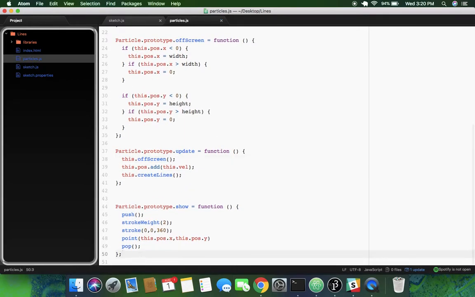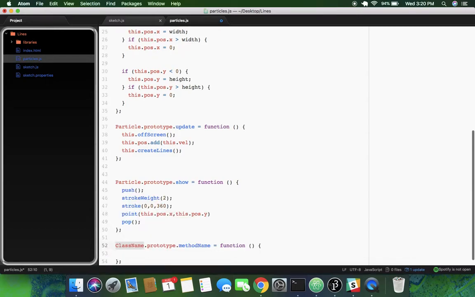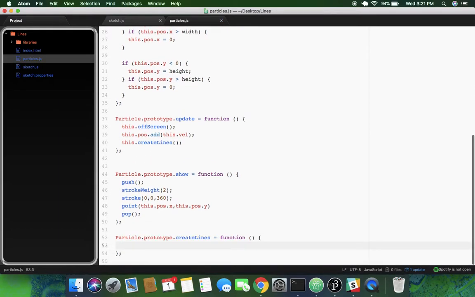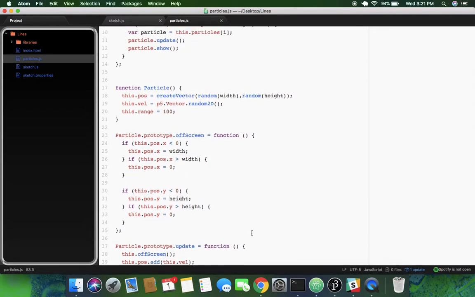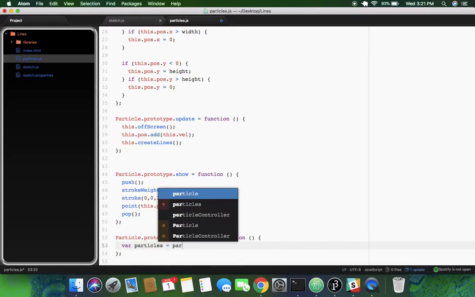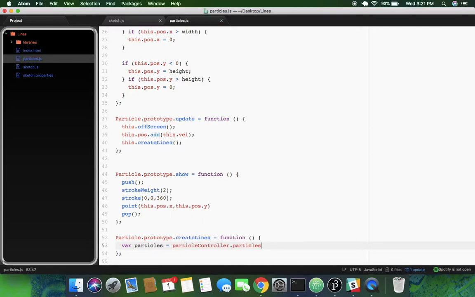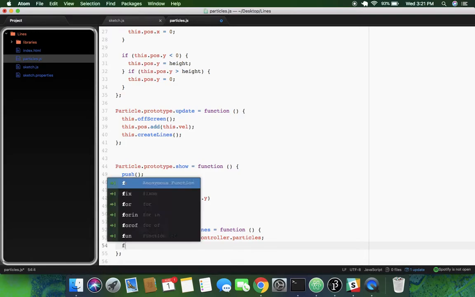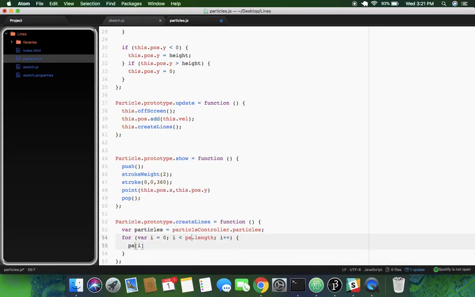And then in that, we're going to create a line if it's in a certain radius or range. And for this function, we need to, never mind, sorry. Set the particles to particle controller dot particles. So that's going to access all of the particles of the controller. And then we're going to say for particles,